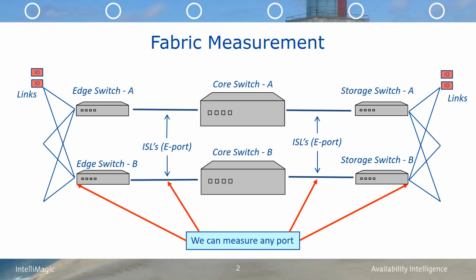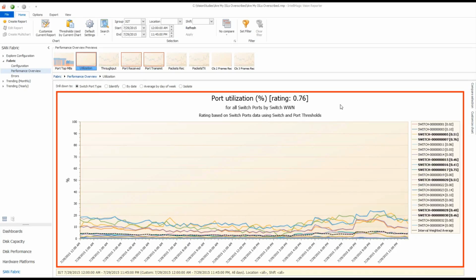In this use case, we will show how we identified a problem with these links, and then we will compare the utilization and the buffer credit shortages per second after an additional ISL was added. This is a port utilization chart by switch. The utilization data is aggregated at the switch level, so the average utilizations are pretty low. The ratings for the busiest port on each switch are rolled up to the switch level, so if you look at the legend, you will see ratings for several of the switches in bold and with ratings ranging between 0.40